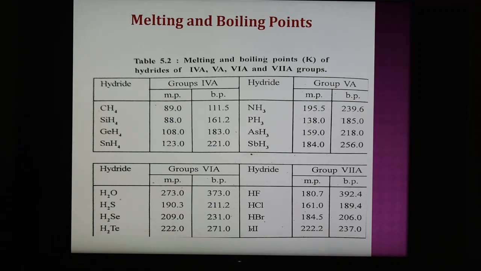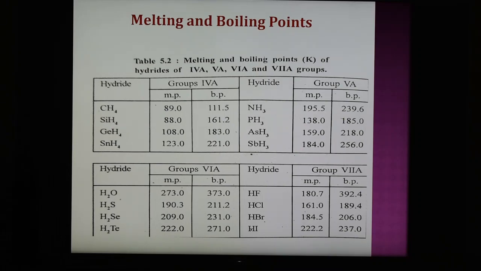shown by this compound. For example, the boiling point of HF is much more than HCl due to larger hydrogen bonding in the former. So in this case HF has a higher value as compared to HCl, like the other members. So this is due to the size and also the formation of intermolecular hydrogen bonding.